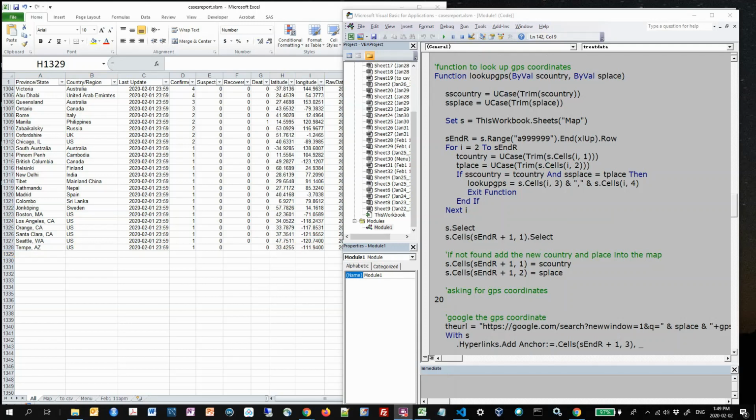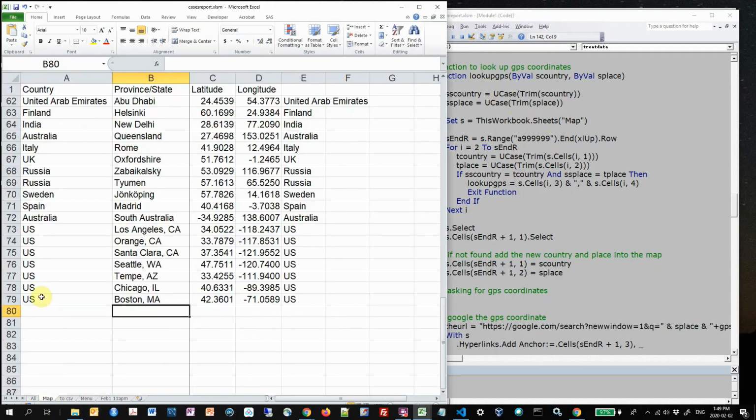That part will be done by the function called lookup GPS. The lookup GPS is going to go to this map file and look up the country and the place names there. If both of them are matched, then it's going to take the latitude and longitude from that table and return that. If one of them, like the country or the place, cannot be found, then